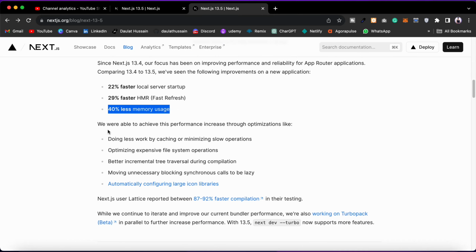If you talk about that, we are able to achieve the performance increase through optimizing, like doing less work by caching or minimizing slow operations, optimizing expensive file system operations, better increasing tree duration completion, and moving unnecessary blocking asynchronous calls to be lazy. So when you make any asynchronous calls, there is a block, so sometimes you have to deal with that to load the application, and you have to make that particular call in the background. They have also made the improvement in that for you as a developer, so that will be taken care of automatically